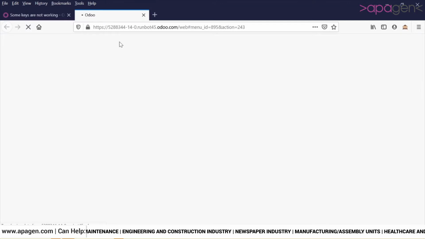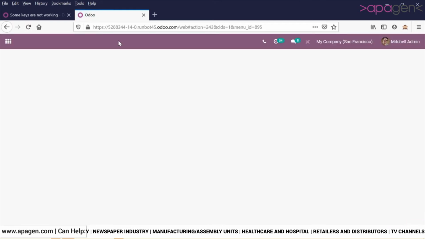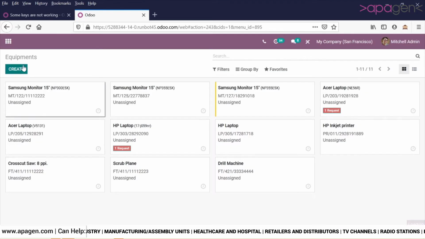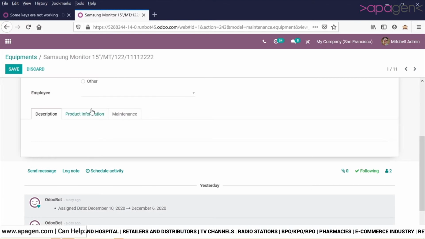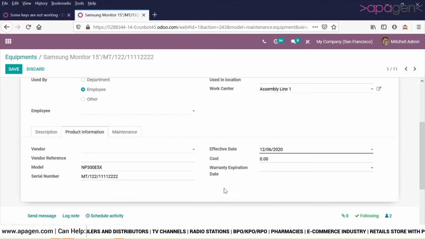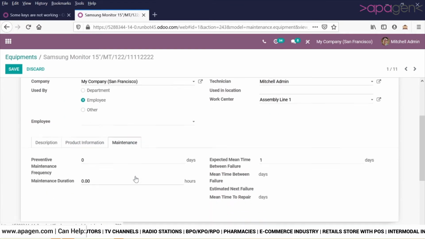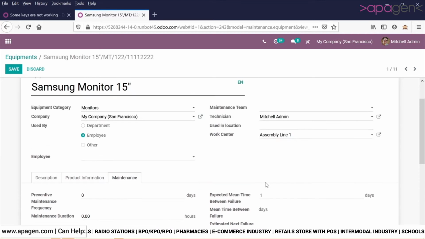So you can create its own category, who is using it, the information related to the product, maintenance history details, the frequency that is required, which particular work center it will be maintained at, which location it is being used in, and which maintenance team will take care of it. If all these things are entered, whenever I choose a particular equipment, all these fields should be selected automatically.